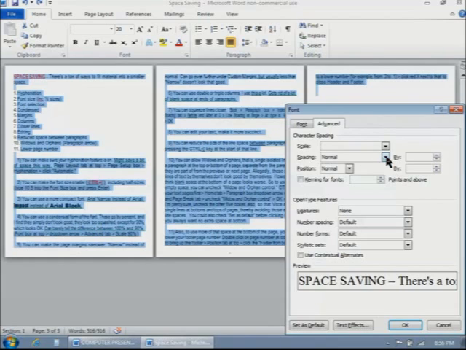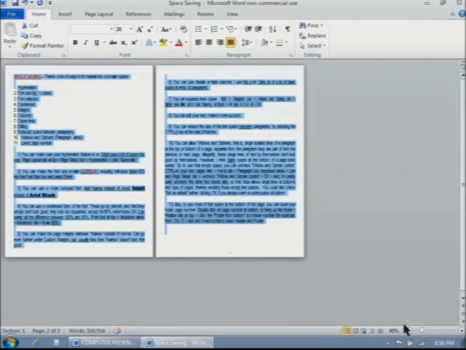Under spacing here, there's Normal, Expanded, and Condensed. Click the Condensed, click OK, and that did it. We got it down to 2 pages. However, if you take a look at this, in my opinion, I think it looks too squeezed in,